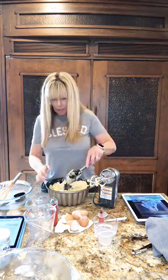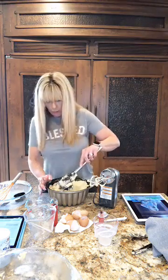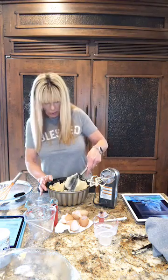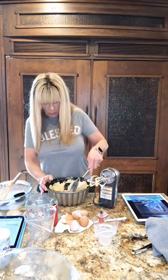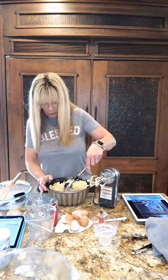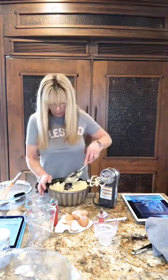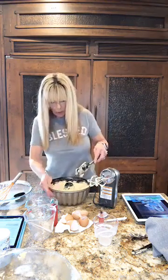And then I got the new jam the other day. I need to find something to make with that jam. It is so good. I was so happy to find jam after over a year. I don't eat it that much, but every once in a while, you know, I'll make the 90-second